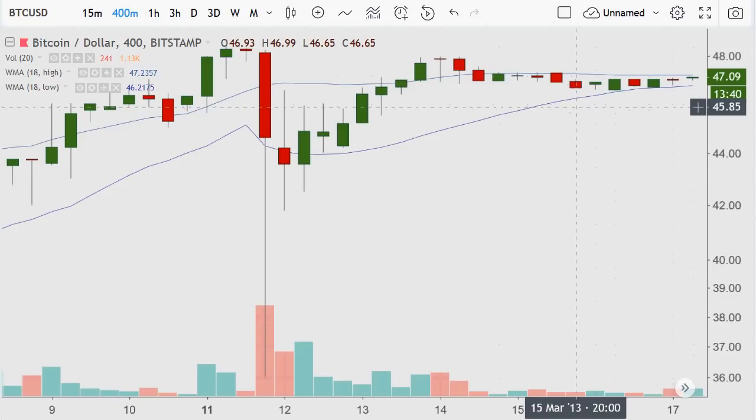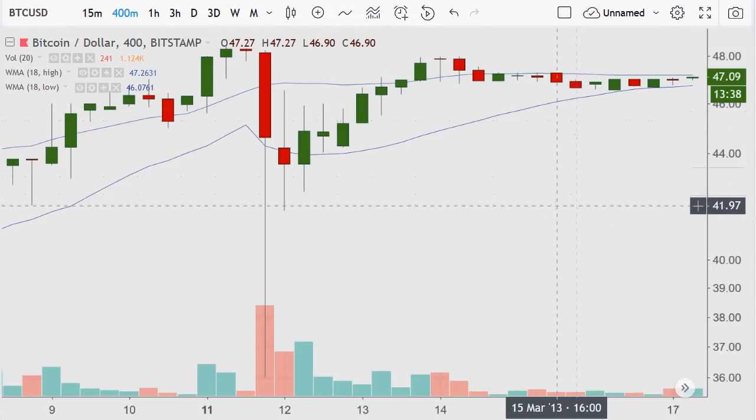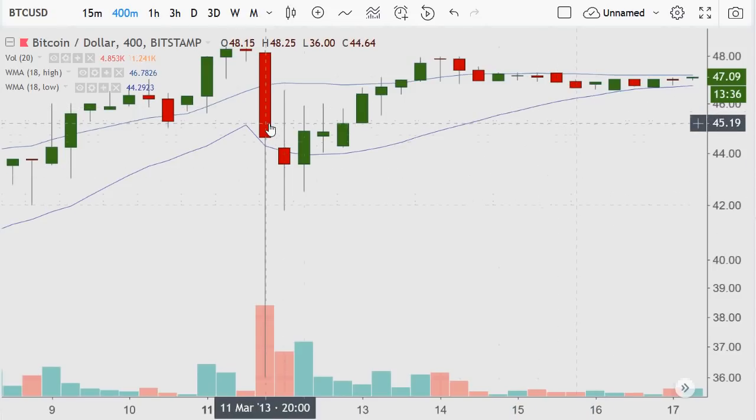So yeah, very interesting information. And just this period back in here, I mean, this is when the volume was really low overall. And there's markets out there that have this kind of volume, but within the period, when you have an open at 48, a low of 36, and a close of 44, that's interesting volatility.